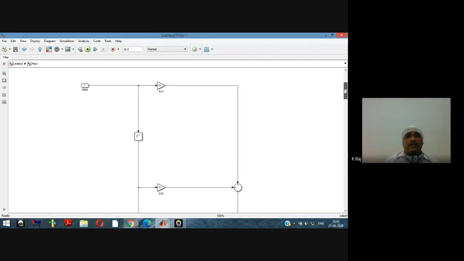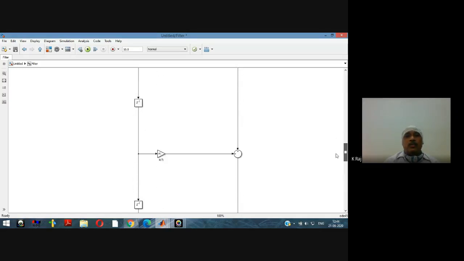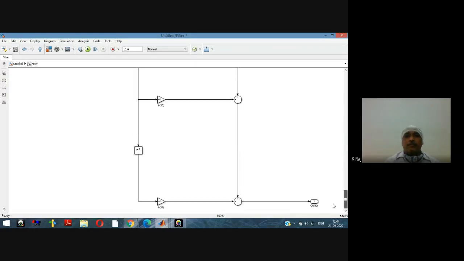See the architecture here: the input is multiplied by the B1 coefficient, and then it is delayed, and then again multiplied by the B2 coefficient, and so on. See here, the order is 10, and accordingly we will have 10 delays, or energy storing elements. There will be 10 states of memory here.